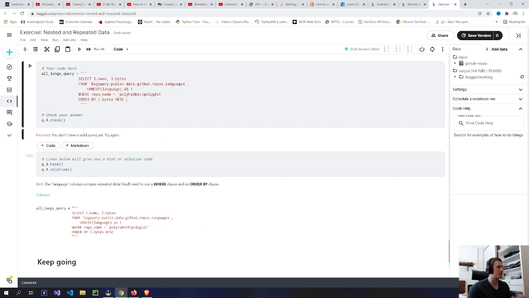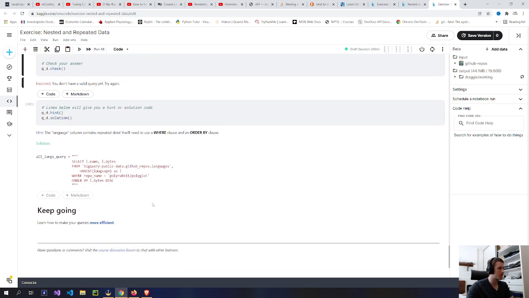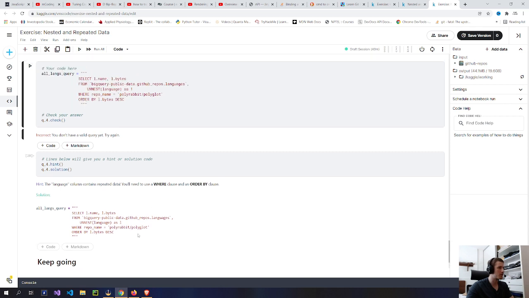So the only thing that should be different is the where repo name equals polyrabbit/polyglot. Yeah, I don't see anything else that is different there. This doesn't make sense. Unless I'm blind or something. Maybe the indentation here is off, but